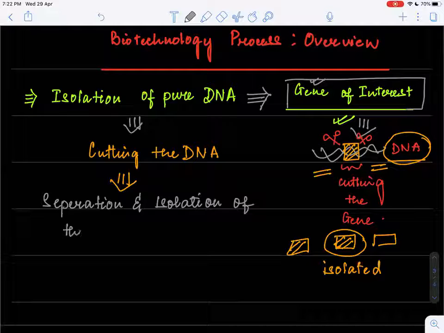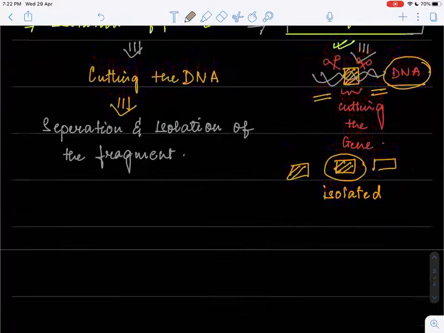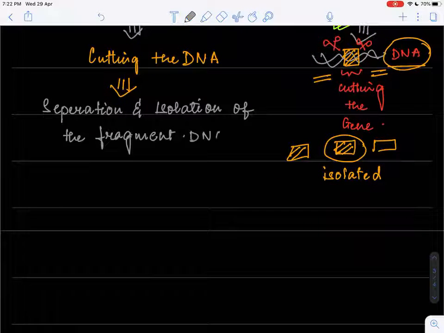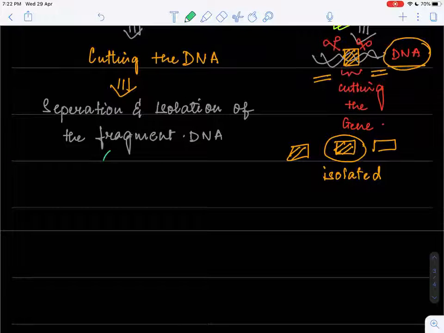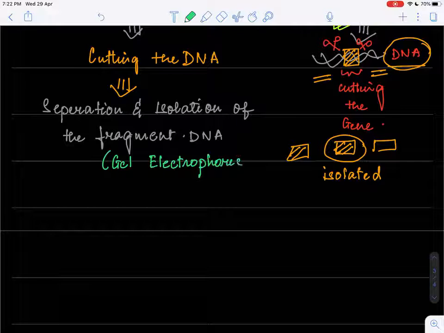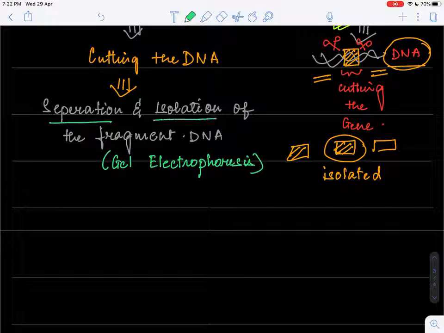So when you go for separation and isolation of the fragment DNA, students, what technique do you use for this? You use a very important technique here which is called gel electrophoresis. We are going to talk about this technique in detail in this chapter. So what is the method we use for separation and isolation of the fragment DNA?